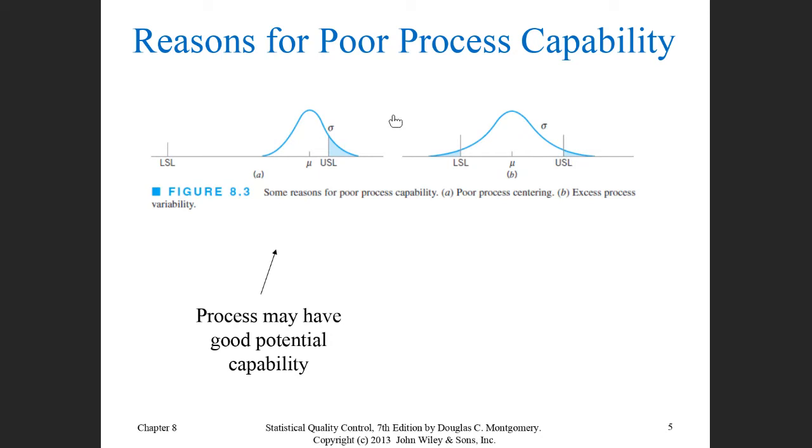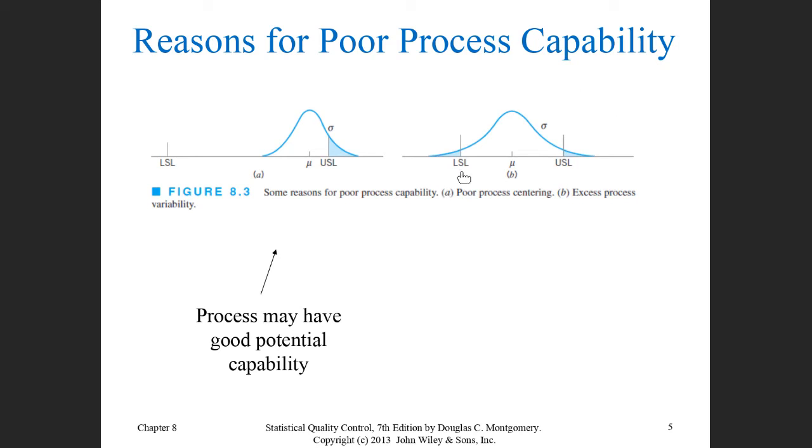The first one is off-centering. Off-centering means the process is not centered. That means the distance between the sides of the center of the process is close to or exceeding the specification limits. And the other case, when we have